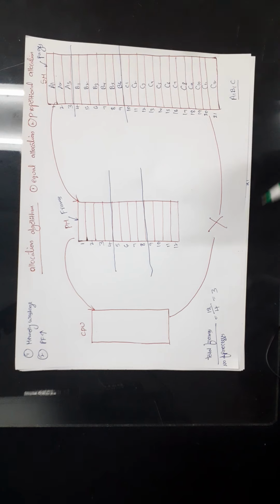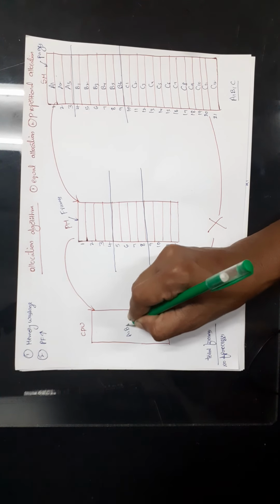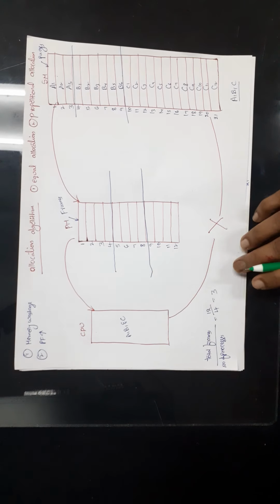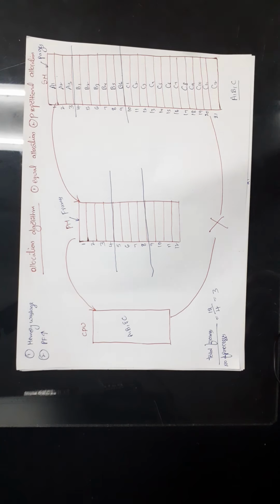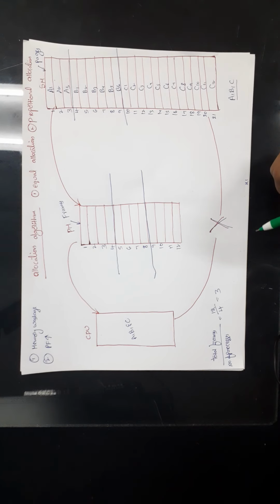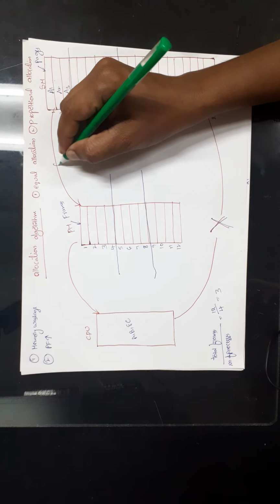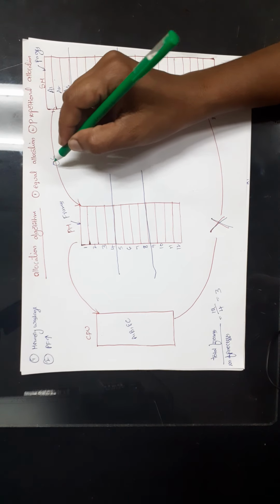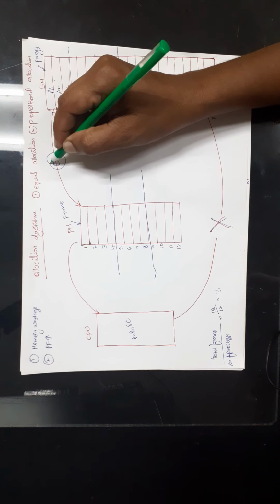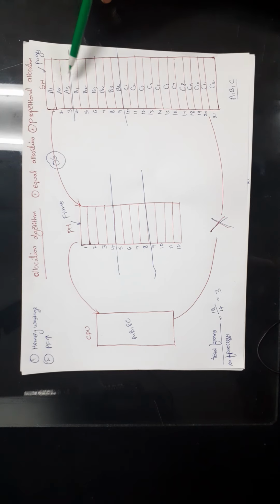So now let us assume that the CPU wants to execute processes A, B and C. Now the data is available in the secondary memory. So the CPU cannot access the data from the secondary memory. So this data should be brought from secondary memory to the primary memory. Moving the data from secondary memory to the primary memory is the responsibility of the operating system. Now the operating system should bring process A, B, C data into the primary memory.